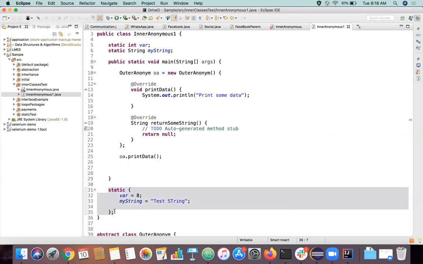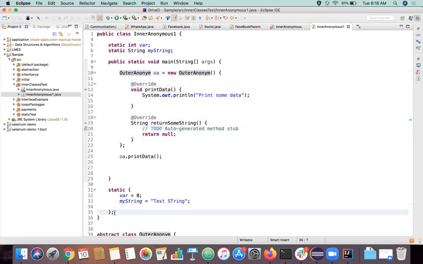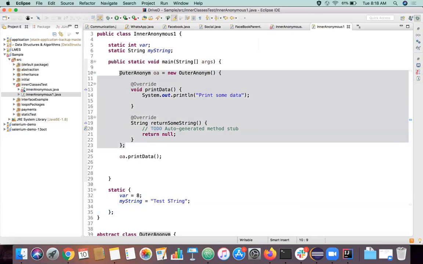So you can have something like the static block also. This is an entire Java block for initializing a different object totally, right? So this semicolon is optional here, but it is mandatory here because we are declaring an entire class over here. So that's the main point.